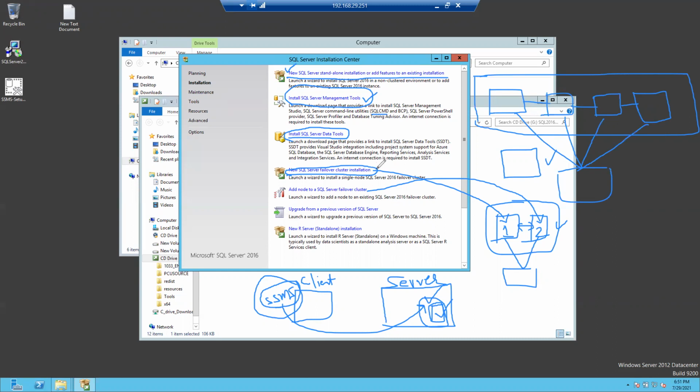On the first node, you will be installing the new SQL Server failover cluster installation. After that, for the second, third, and fourth, you just need to add them. So this is cluster installation.